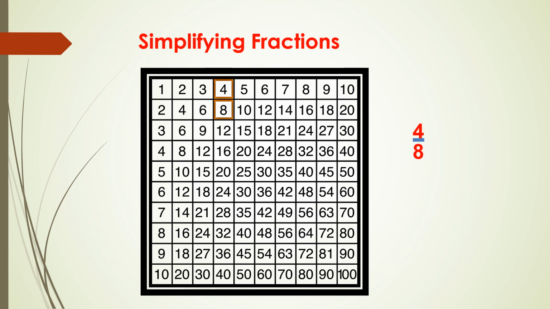Let's consider the fraction 4 by 8. We will simplify this fraction, reducing it to its lowest terms. The first step: in this table grid, with the 1 table, 2 table, 3 table and so on till 10 table, you identify where 4 is. You can circle it, or make it a square shape with any color pencil of your choice. Now the denominator is 8.